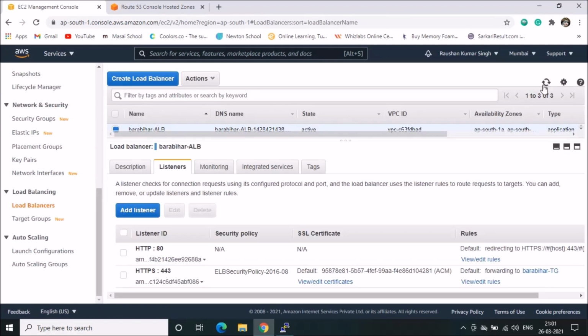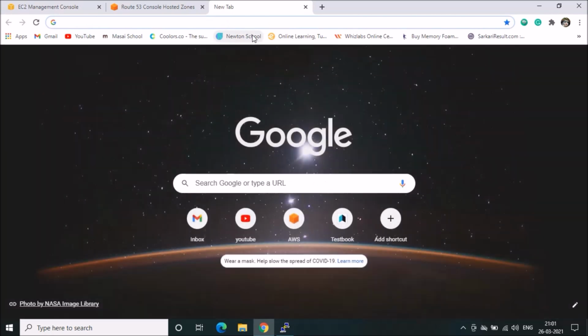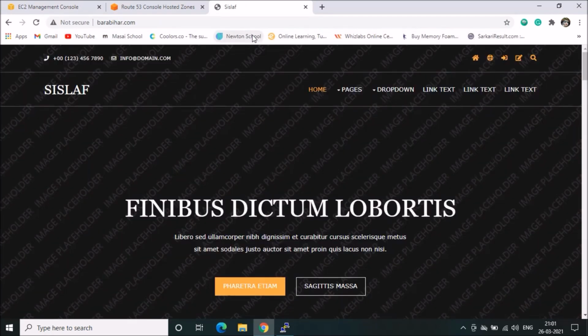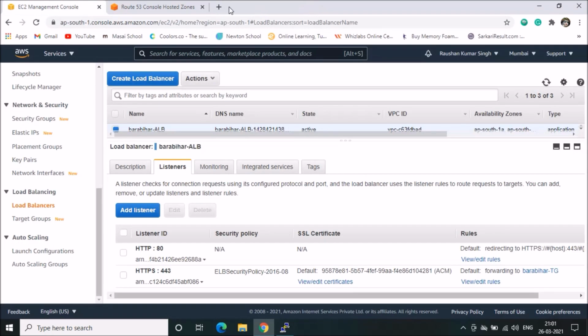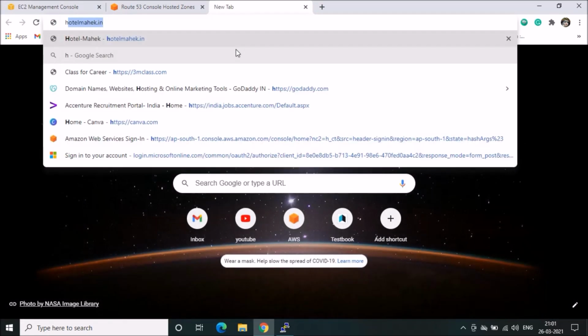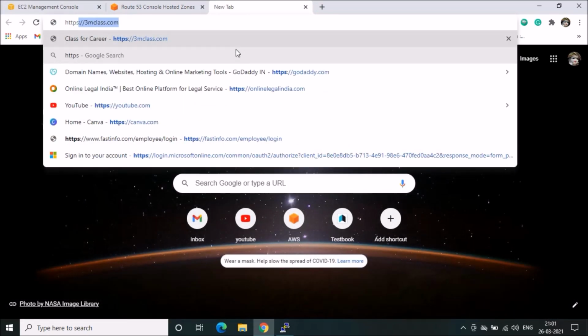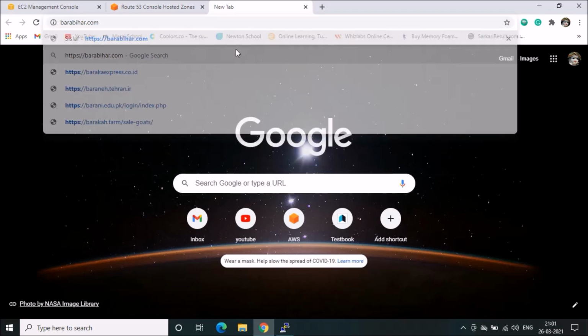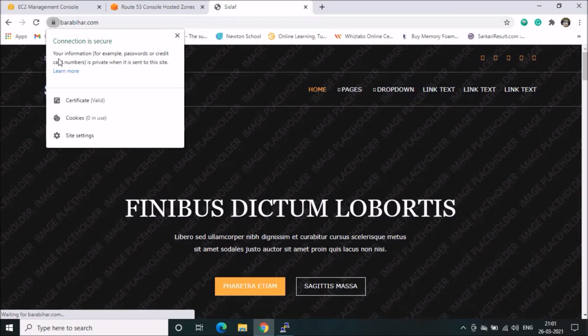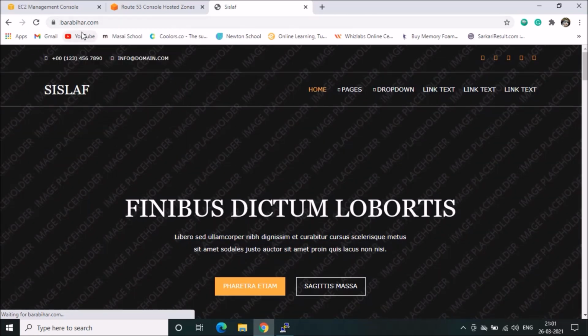So refresh it. Now access. It will not work because the cache is stored. So we will search by https://barabihar.com. So you are able to see the SSL certificate. It will take time to sync everything.